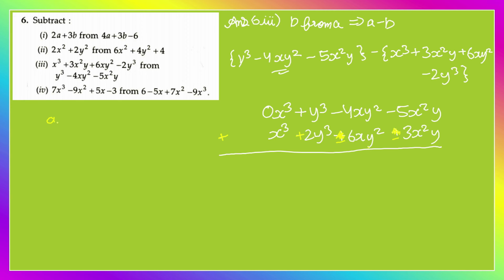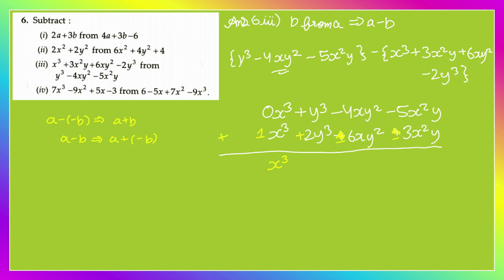That is, a minus minus b is the same as a plus b. Or a minus b equals a plus minus b, right? So it is the same thing. Now we are going to add. See, for the right side and the left side. Okay, I'm going to go right to left this time. See, x cubed, that is 0 only. 0 plus 1, that is 1x cubed will become x cubed only. Here I'm going to get x cubed only. Okay my friends, x cubed.